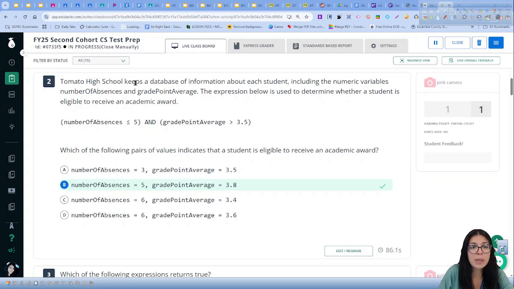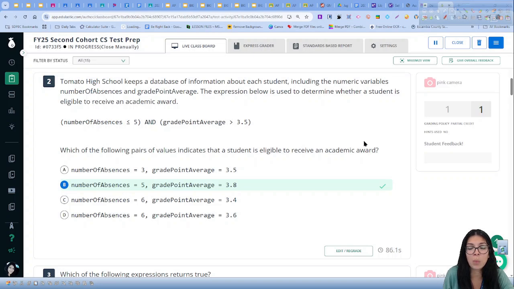Right, Tomato High School keeps a database of information about each student, including the numeric variables, number of absences, and grade point average. The expression below is used to determine whether a student is eligible to receive an academic award. Okay, so the question is asking which of the following pairs of values indicates that a student is eligible to